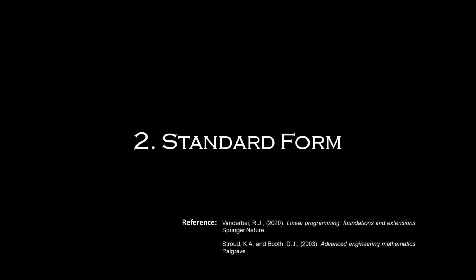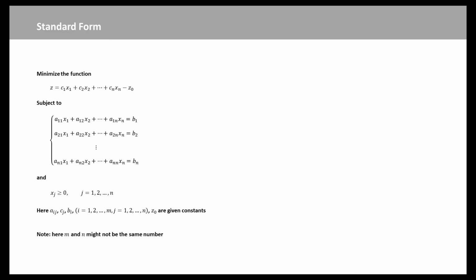In the simplex method, we will have a standard form for all the linear programming problems. We will rewrite everything into this form, but before we do that, let's give a formal definition of what we mean by a standard form, which is the following. We want to minimize a function, which we now denote as z, and we have n variables x1, x2, all the way to xn. z is a linear combination of all these variables with the coefficients we call c1, c2, and cn respectively. There could be a constant term here, z0. That is the function we want to minimize.